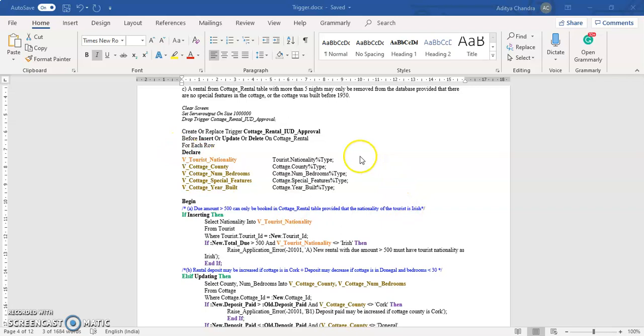So we declare the variables required for this program. We begin writing our trigger. We specify the first condition for insertion.